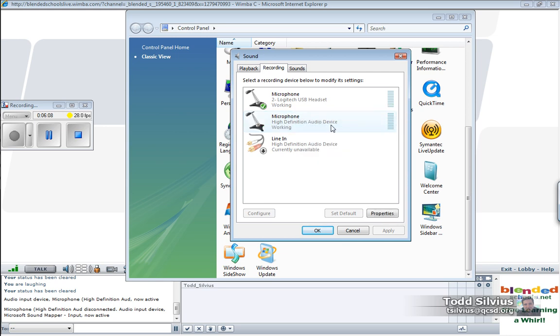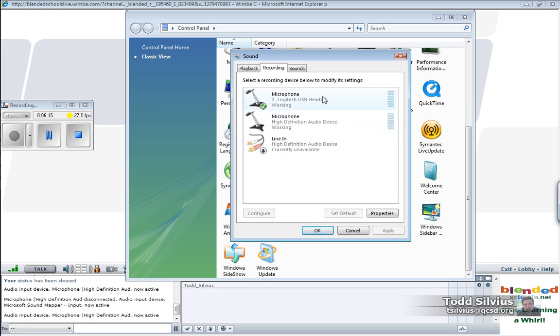If I wanted to use only this microphone that's built in as my primary audio source, then what I do is I would right-click on the Logitech and I would